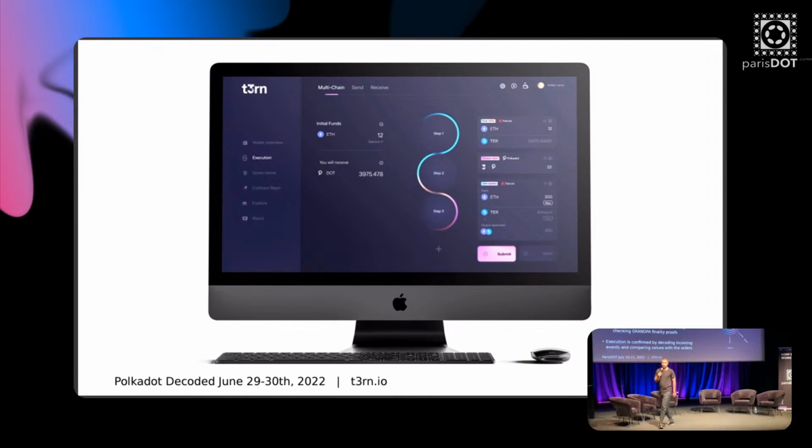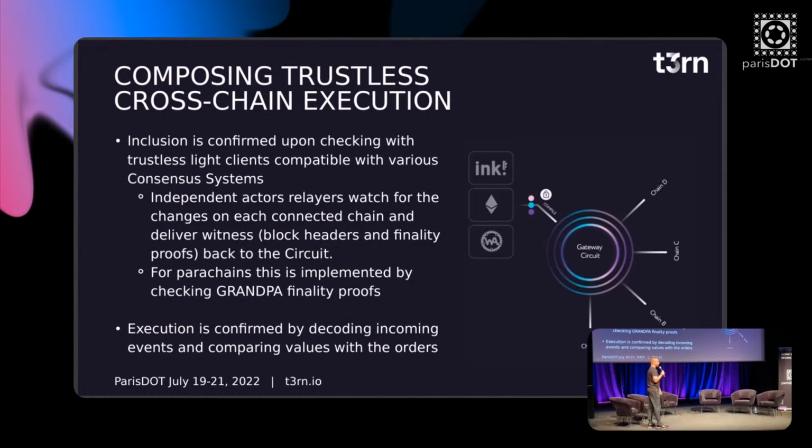Obviously, security within cross-chain is probably one of the most important aspects of it. And so we achieve that through having a light client that confirms everything that's happened and looks out for results, and then Circuit, which is our blockchain, looks for the proofs in block headers and confirms that everything is valid and as it should be. We're very flexible with what languages we work with, so Ink, Solidity, anything that WASM compiles is good for us.